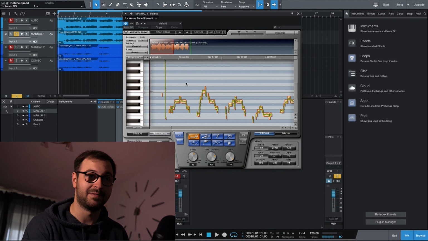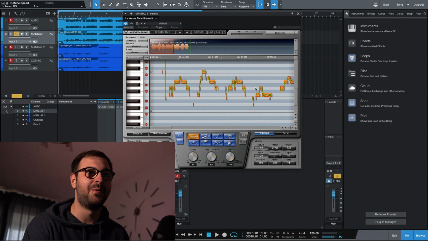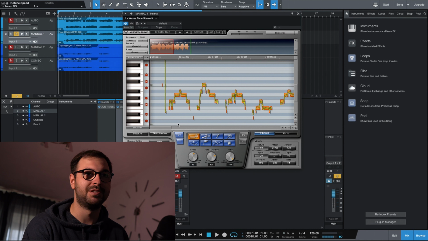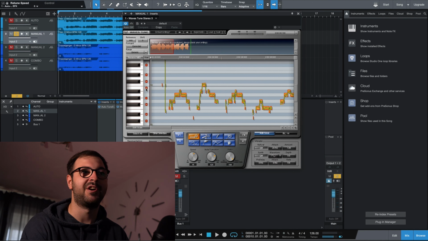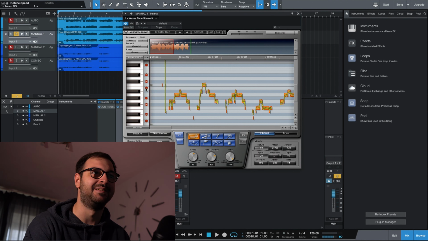It's not the purpose of this video. In case of Wavestune specifically, we need to make some adjustments before we start to apply the pitch correction. So we'll select all of them. This is a D natural minor, and as you can see, it already moved some notes to be on the correct paths. On the piano roll, it banned the notes that are not in the scale.